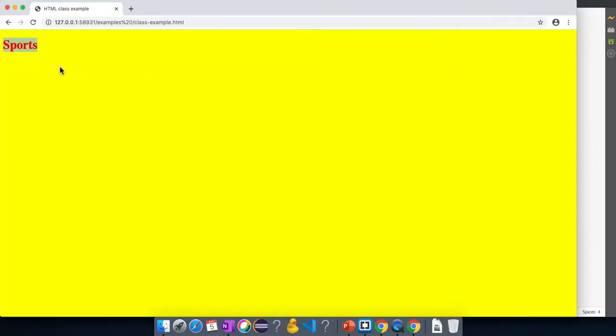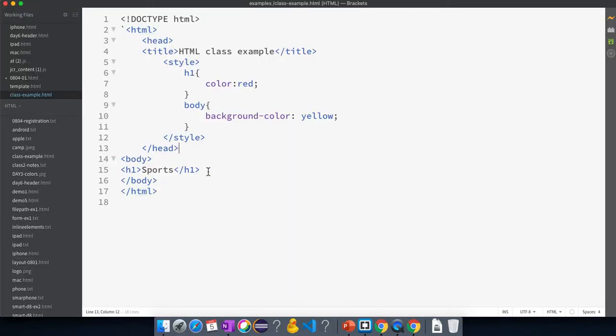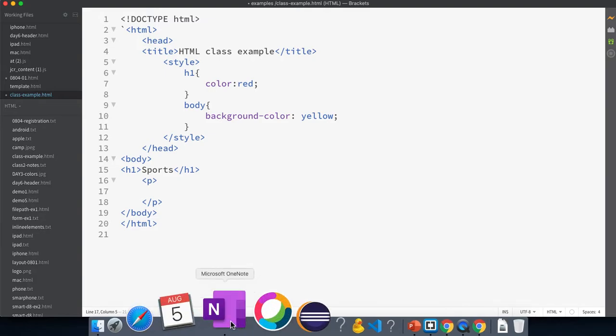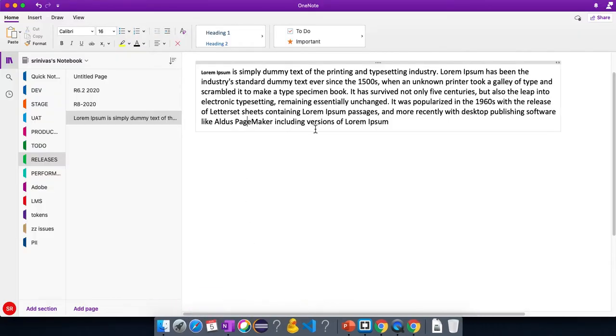Now on the left side you can see sports is applied. I want to write some paragraph, so here I'll just use the p element. Instead of writing a paragraph, I want to copy one from my computer. There is a small paragraph on my computer.